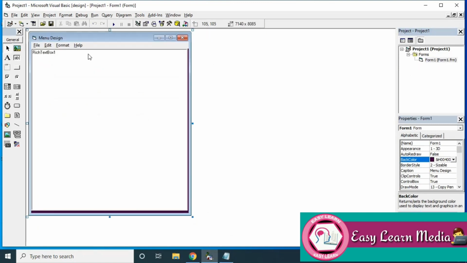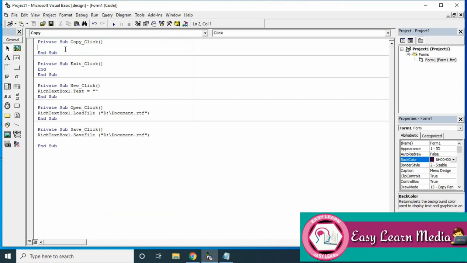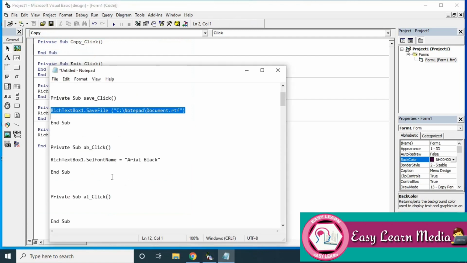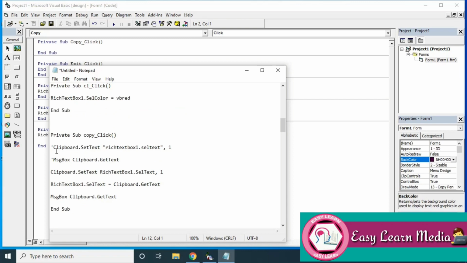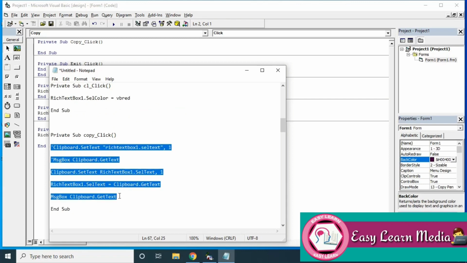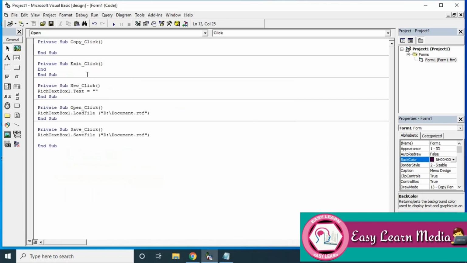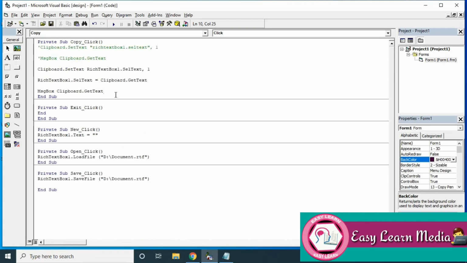Okay. So next we have copy and paste. So copy. For copy we have used a clipboard. Clipboard is a temporary buffer which we use to store the copied data.